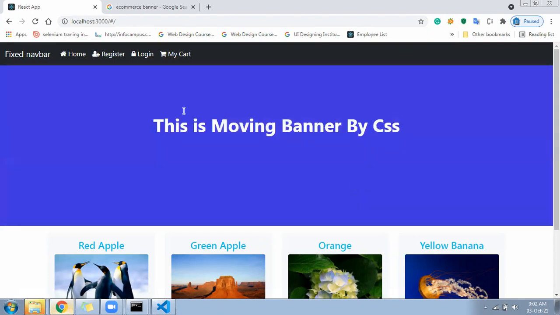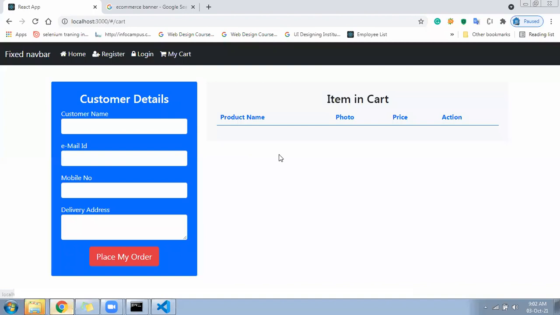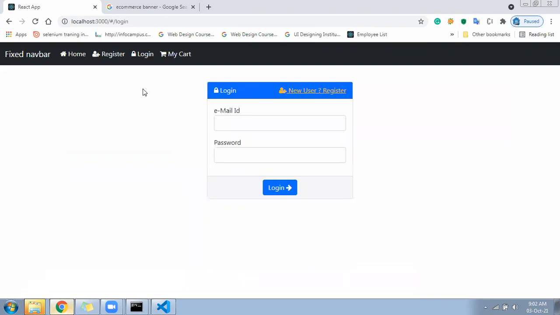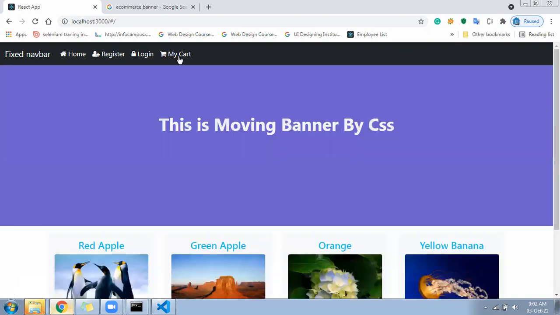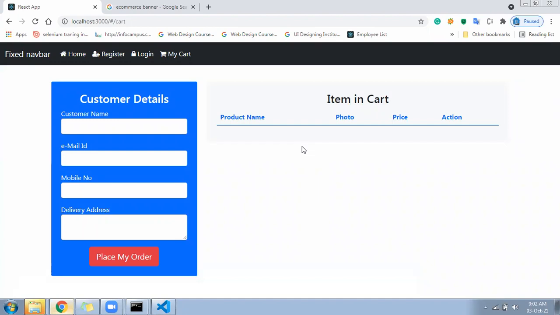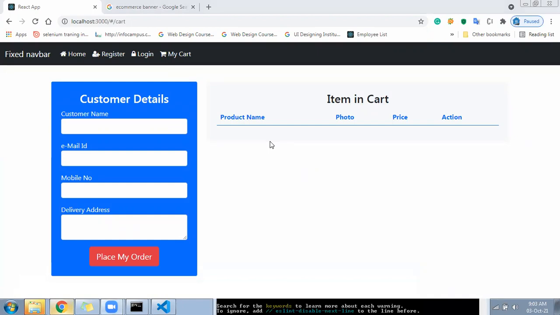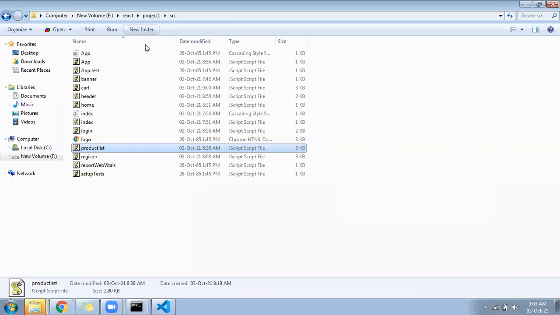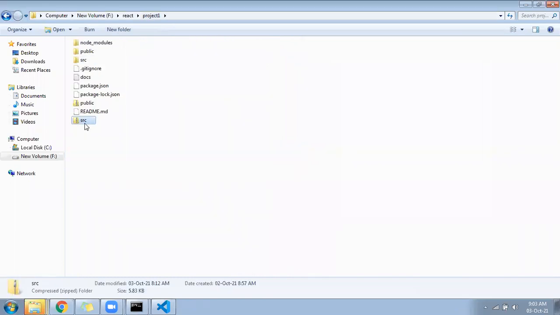So I hope it is working for everyone till here. This is the static design. It will take 3 weekends in total. 1 weekend we finished. Next weekend we will work on the next part, that is register, login, JSON server, and how to maintain the data in the backend. And when you do add to cart, it will come to the cart page. That is the next weekend's work. After that, we will finish some more things. I will send you the SRC folder in chat now. If anyone has a problem, they can replace the SRC folder.